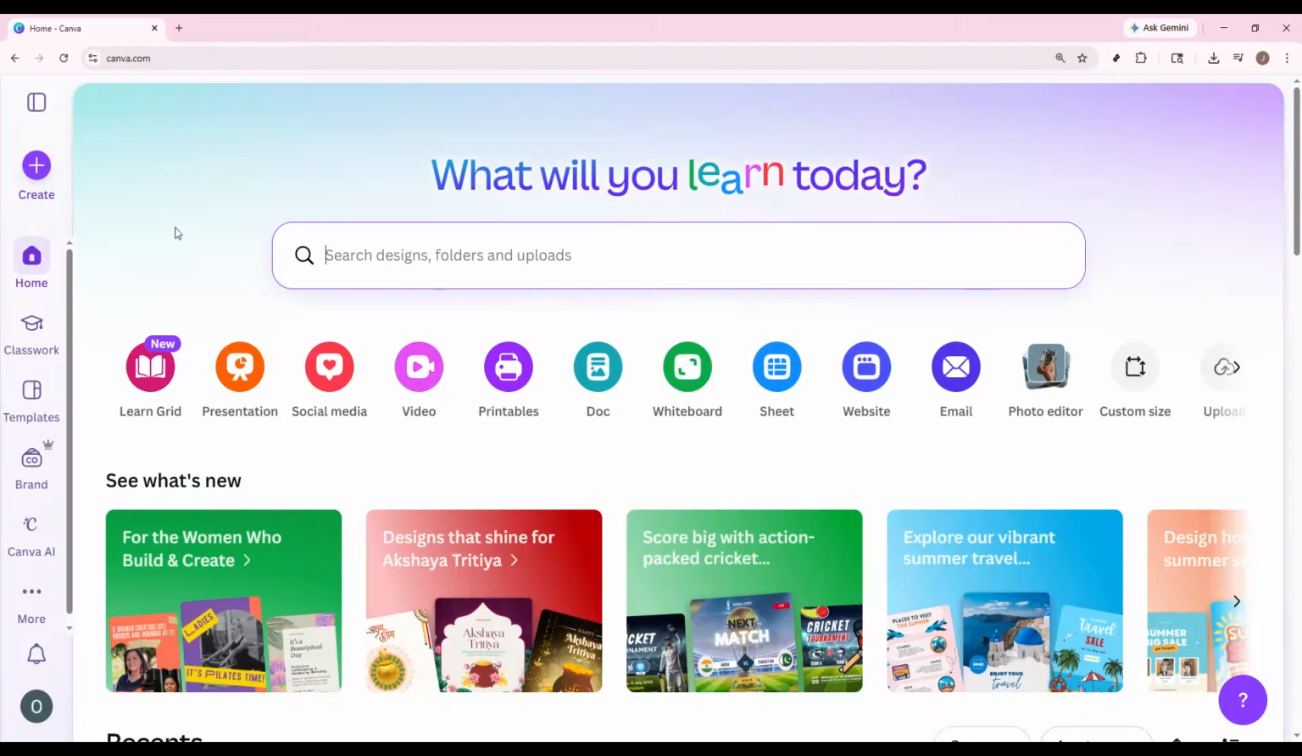If you've ever wondered how do you use Canva step by step, this video is for you. In the next few minutes, I'm going to walk you through Canva from the very beginning, so even if you've never opened it before, you'll be able to create a design with confidence. We'll cover how to sign in, start a project, add text and images, customize everything, and finally download your finished